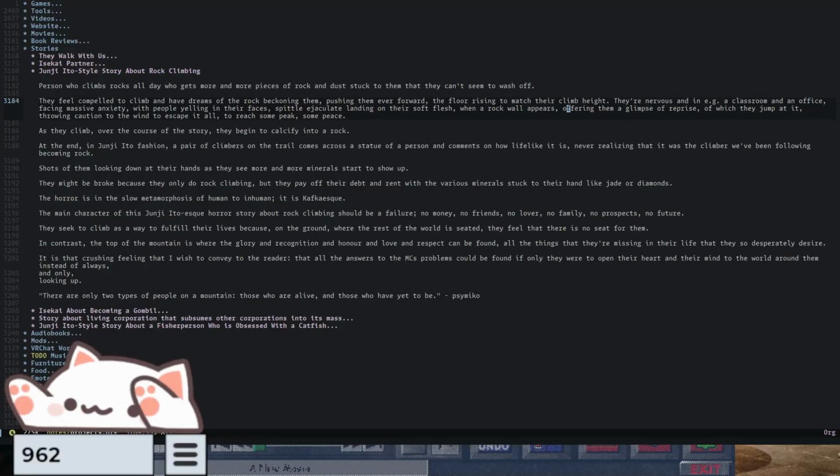When a rock wall appears, offering them a glimpse of reprise, of which they jump at it, throwing caution to the wind to escape it all to reach some peace. As they climb over the course of the story, they begin to calcify into rock. Basically, it's a Junji Ito style story where they're trying to get away from something by climbing this mountain, never